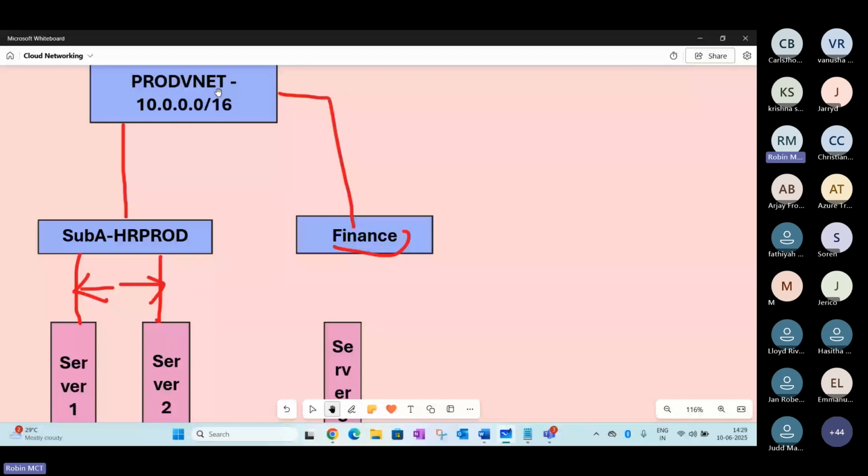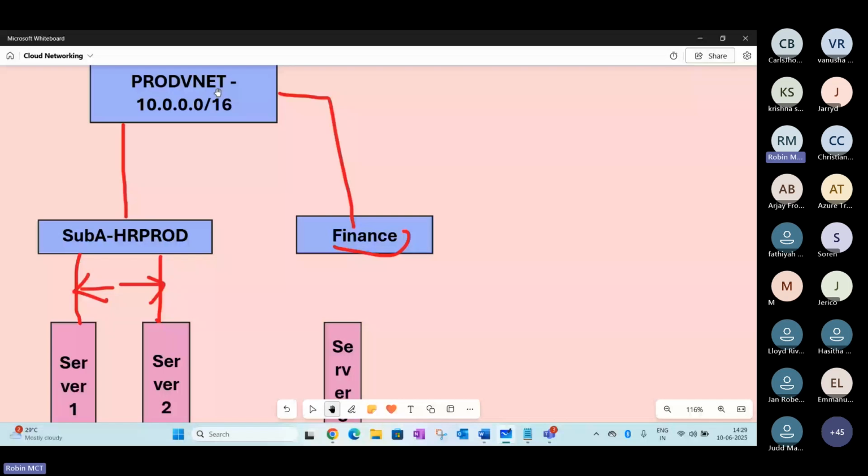Okay, so we're just trying to see the different possibilities or different case studies here. First case study: what will happen if you have multiple VMs hosted in the same subnet. For understanding this, you created two VMs here, server 1 and server 2, and you created another subnet called finance, and we are trying to see how subnet to subnet communication works in the same region and the same VNet.